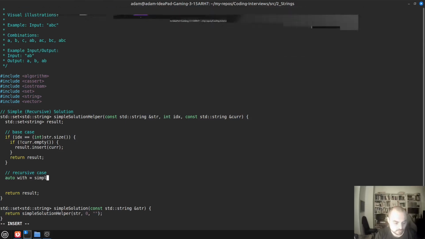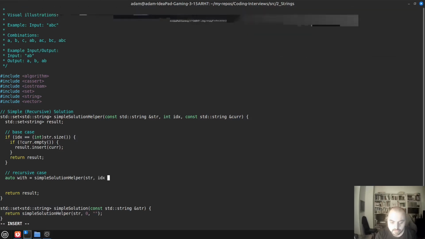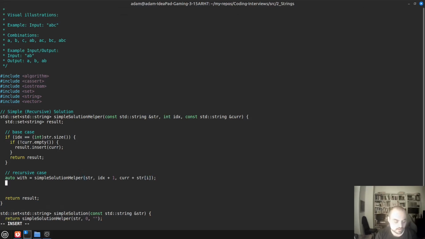Let's do first with a simple solution. We put the string, we don't change anything. The index gets incremented by 1. And we pass the current plus string on index I, and that's when we include the current character. And the second is without,